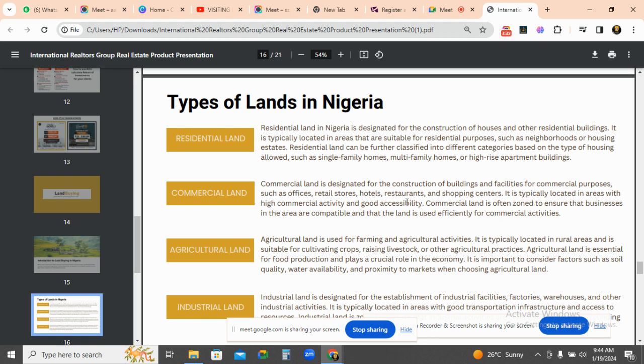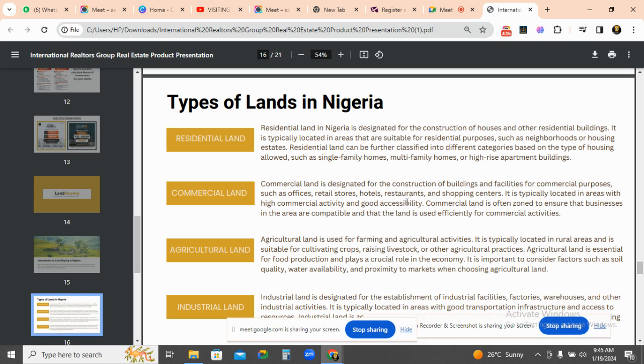That is something that is very, very vital. You need to have an understanding of what I've just said. So residential land, like I've said, is land that has been designated or consecrated or separated for the purpose of constructing houses and other residential types of building that people are going to live in. The kind of housing that people can build on such land may be single family homes, houses, apartment buildings, or high-rise buildings, whatever the case may be, even though there are local laws as regards building plans as well. But as far as that land is concerned, it is a residential land.